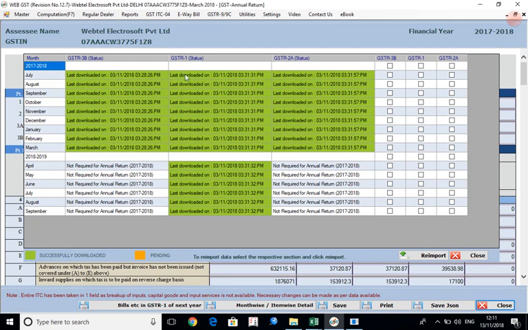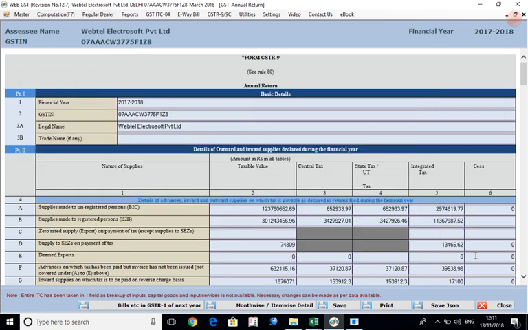The green indicates that the data has been downloaded properly and the mustard indicates the data is pending, so that we can re-import again if the data has not come, or even if the updated data needs to be downloaded again, then we can re-import the data. So we can close this, and then this data that we have got now is a combination of the data of the returns of GSTR 1, GSTR 3B and GSTR 2A that have been filed for the previous financial year